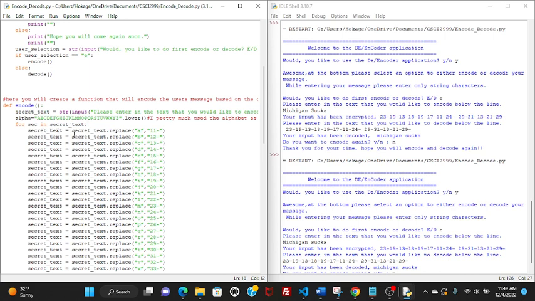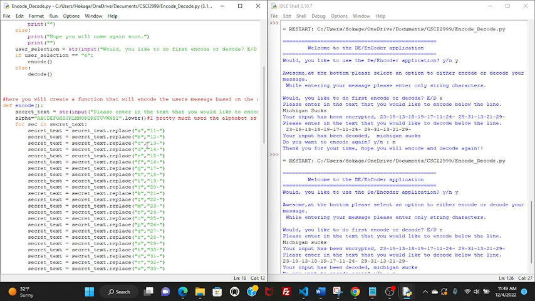So there, I reassigned the secret text. The secret text equals secret text dot replace, which is a cool feature within Python, which you can use to replace different characters. This is what I used, and I wanted to replace pretty much any. I did the alphabet here: A B C D E F G, and I wanted to replace any string into a number, and you can see that here. Replace